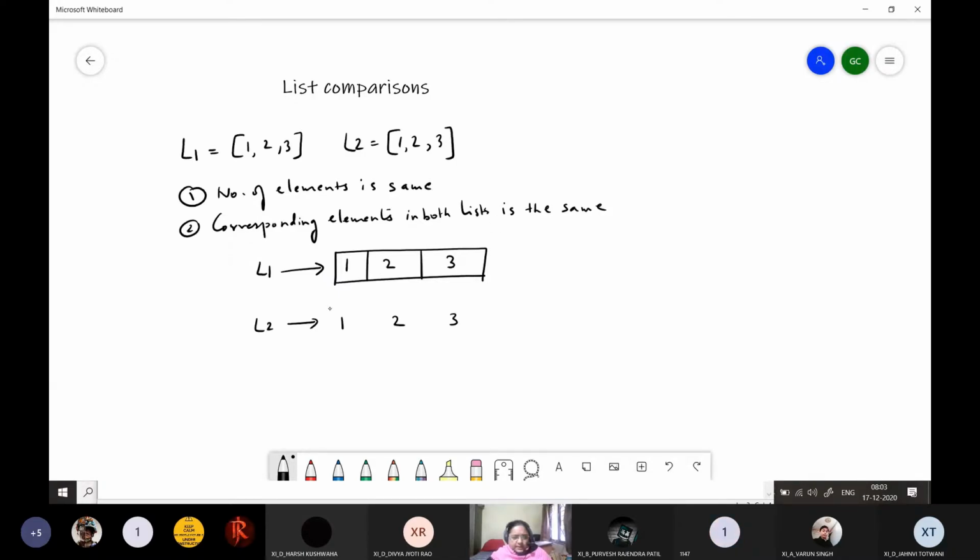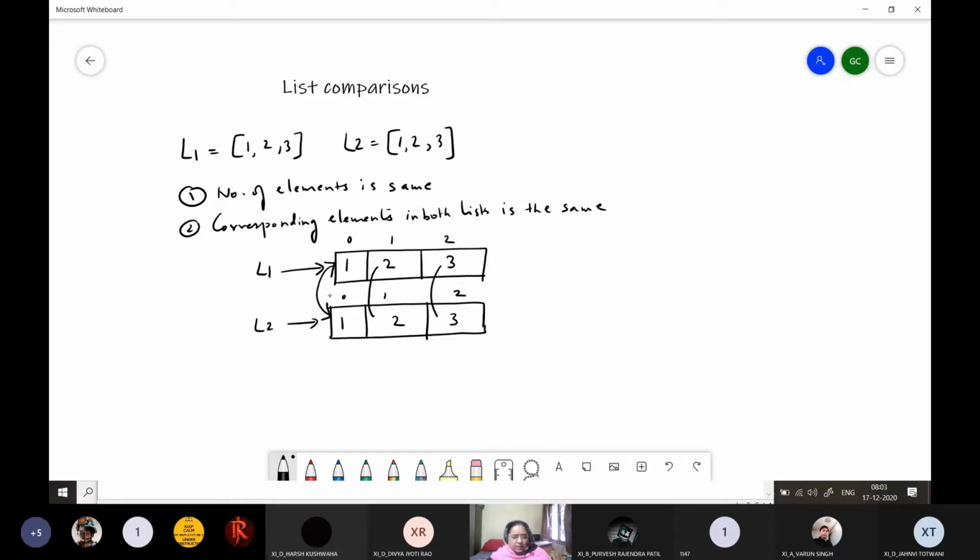Now I'm not representing it in the actual pointer format because that would be too time consuming and cumbersome. So you can see elements at the corresponding locations. That is, elements at position 0 or index 0 in both the lists are the same. Then at position 1, that is index 1, they are also the same. Index 2, they are also the same.